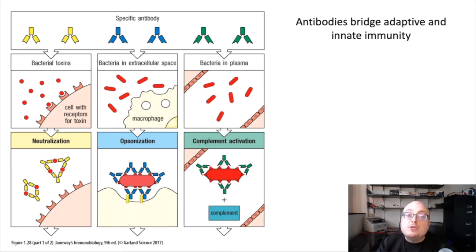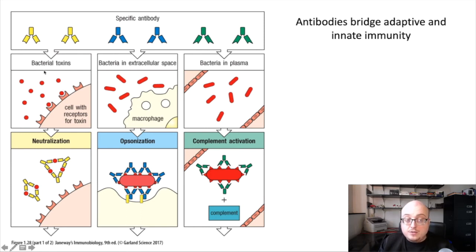So antibodies, remember, are antigen specific. They only bind to a single antigen. They're made by B cells, which are antigen specific. So they are definitely adaptive immune components. But the way they actually fight infection is by using innate immune effector mechanisms. So let's look at a few examples of this. One is that